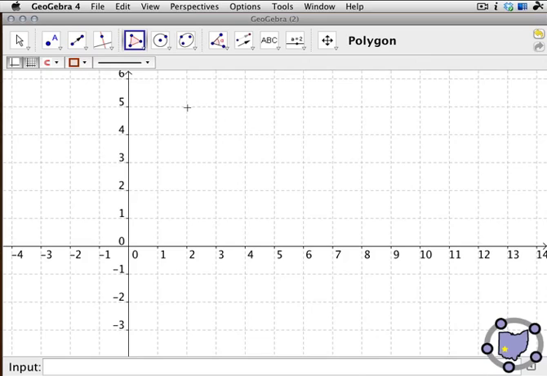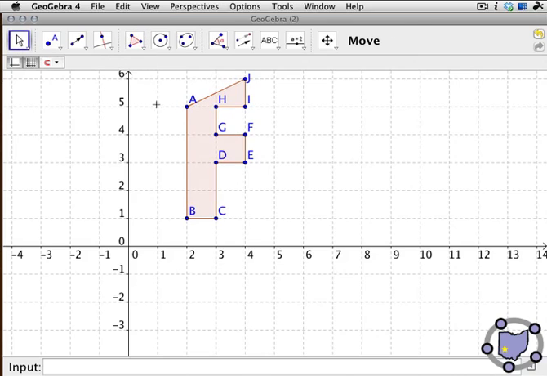and I'm just going to click points to make a letter F. Here's my letter F. Uh-oh, I'd like that point A to be up a little higher. That'll work. Let's move these out. Here's my letter F. Now, if you don't like even these labels showing,